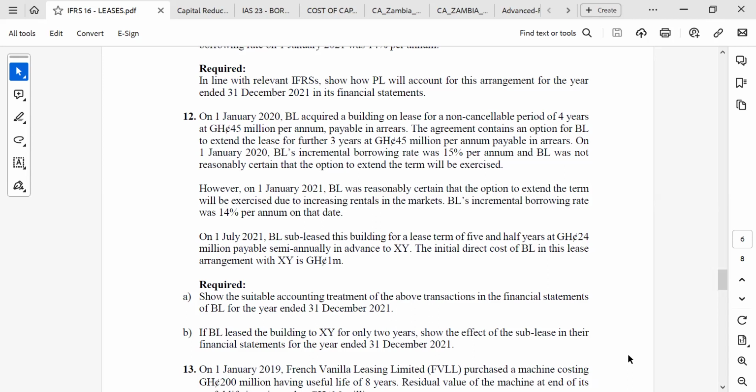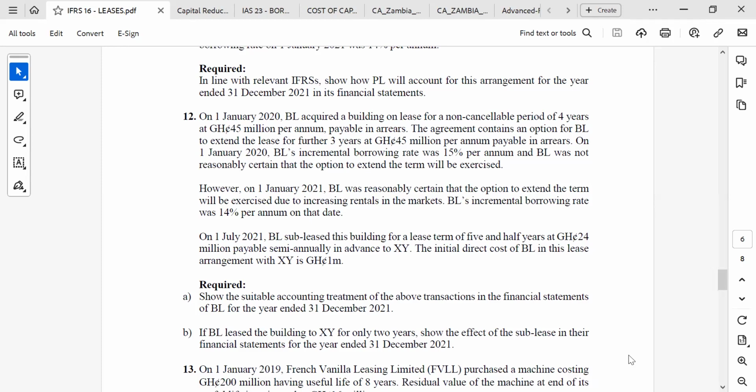Okay, look at this lease arrangement. Can we say that it's a finance lease or operating lease? 5.5 years out of the 6 years. The finance lease. Okay, if it is a finance lease, then Bill will now become a lessor. If the lessor is engaging in a finance lease, what happens? The lessor has to derecognize the asset from his books and recognize lease receivables. So we are going to be calculating,